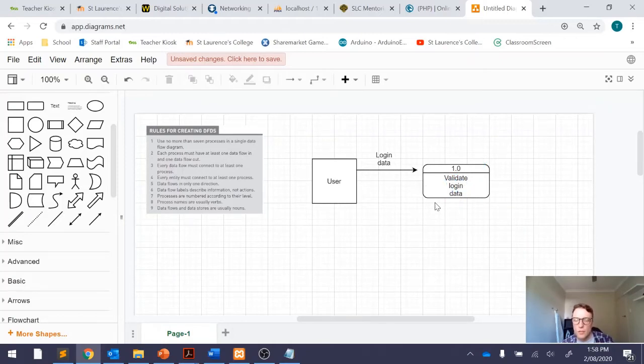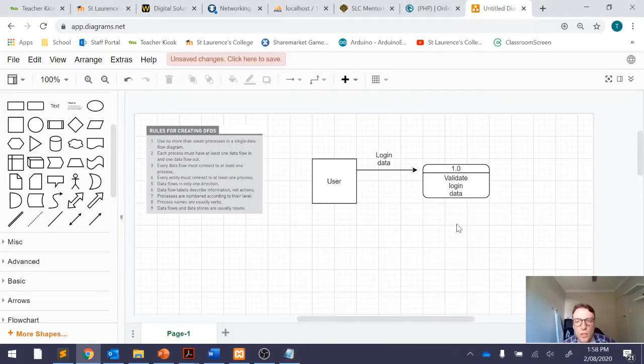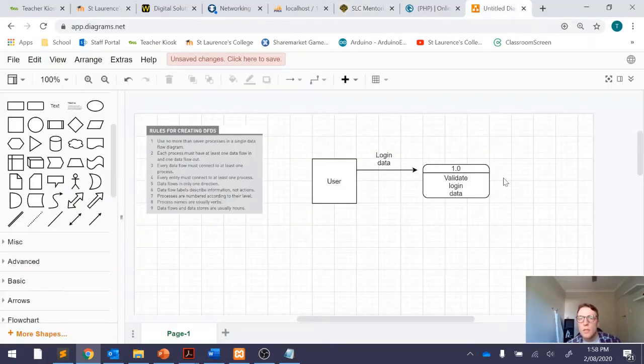And that's our first process. Remember, we've only got that and checking that the data matches the database data. So this first process doesn't connect to a data store. The next one does, however. In my example, you can see it's outputting a message saying invalid email and/or password, and that's going back to me, the user. So there is actually data going back the other way as well. So we need to add that in also